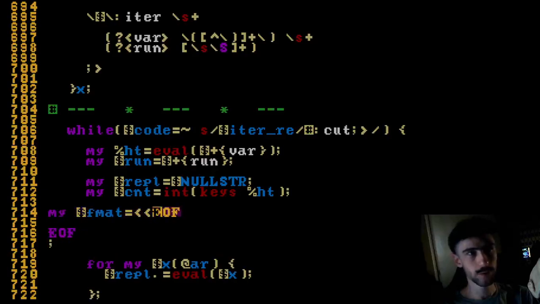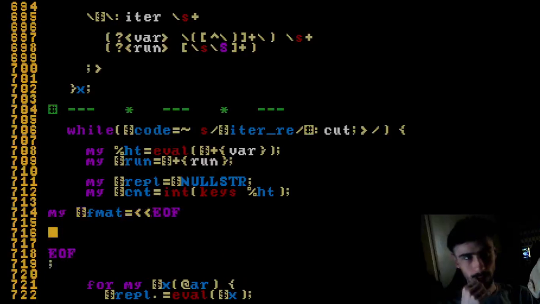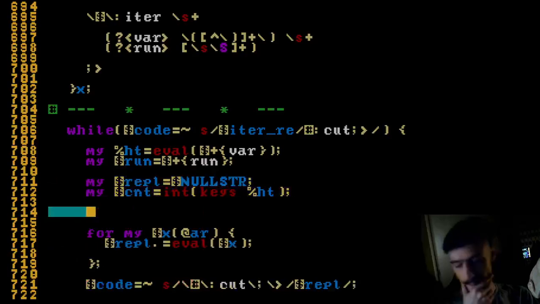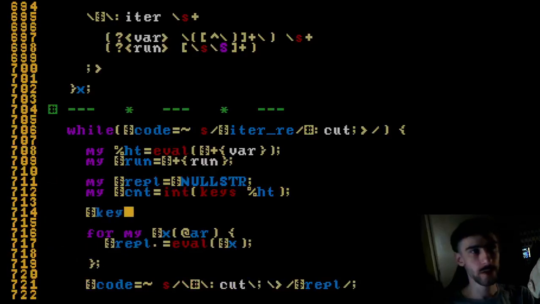And we do want interpolation this time. I think I have to do it like this to get that. I don't exactly remember. Anyhow. No. Wait. Because basically what I need to say is key equals shift from array, right? So,